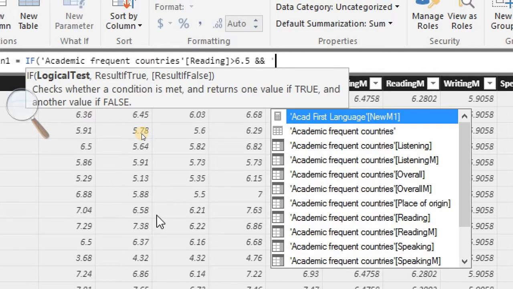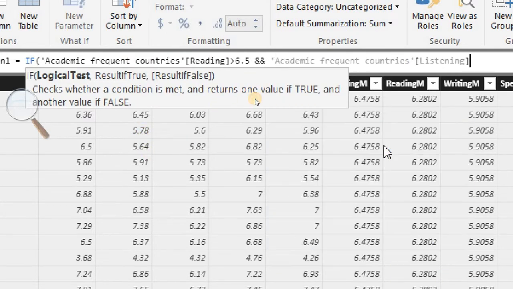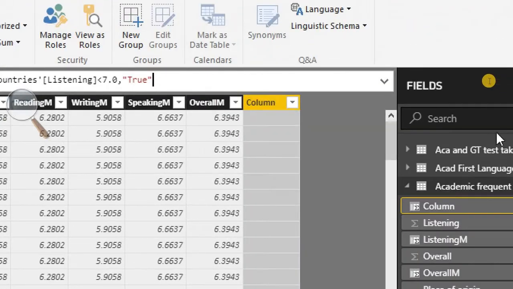So I will be using this listening, and thereafter I want to make it lesser than 7.0, and together I want to check whether this condition holds true, because my primary aim is to understand